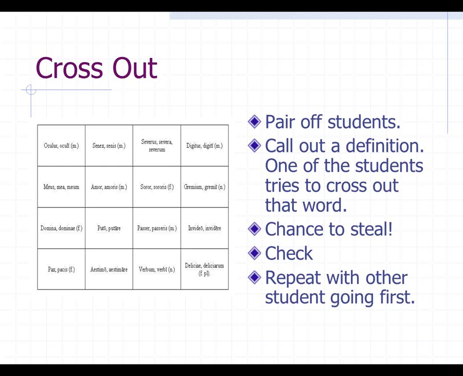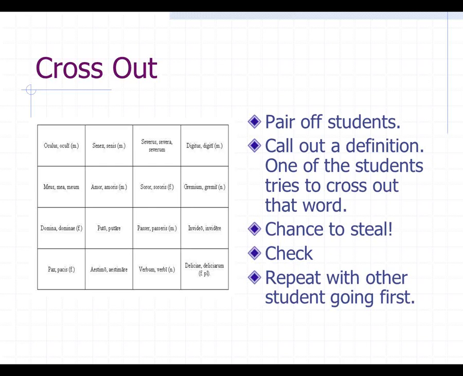Now, you can let every single person try for each word as you go, both partners or all 3 members of the group of 3. But that generally results in a lot of stabbing with pens that I'm not okay with. So I make them take turns. So what you do is you say, student 1, looking at the board here, your word is "my," for example. And then you give all the student 1s about 5 seconds to cross out the word "my" with their color.